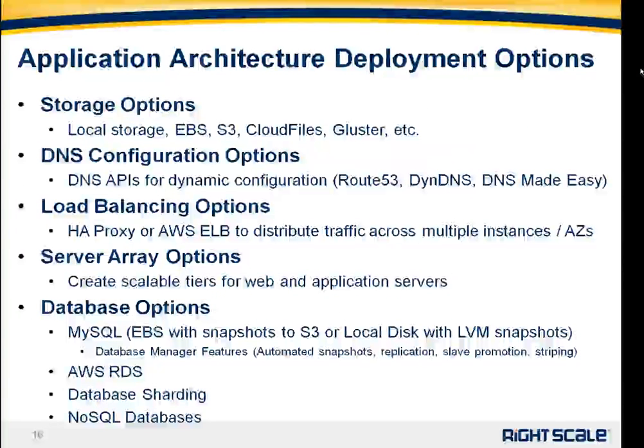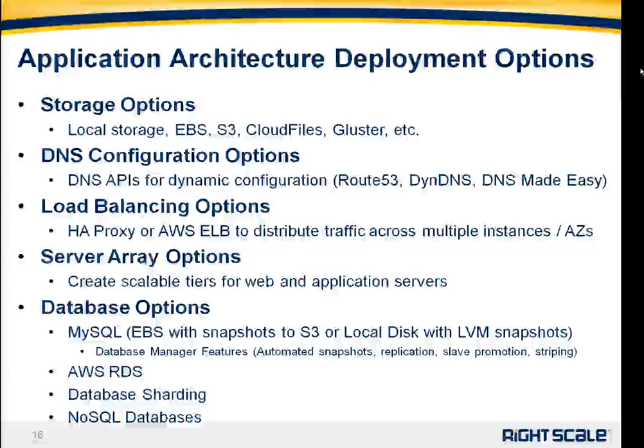Okay, so architecture deployment options. Some of these are cloud dependent, and we'll talk a little bit about each of them, but the general concepts flow from cloud to cloud or region to region. Storage options. You've obviously got the local storage, and depending on the cloud you're in, you may have the EBS, the Elastic Block Store, which is obviously what caused a lot of the outages on the 21st and the 22nd. S3, the redundant persistent storage, or you might have cloud files. We've also partnered with the folks at Gluster with their Gluster FS, Gluster file system, to provide a higher performance, more distributed file system. And we can hook you guys up with them if you're interested.